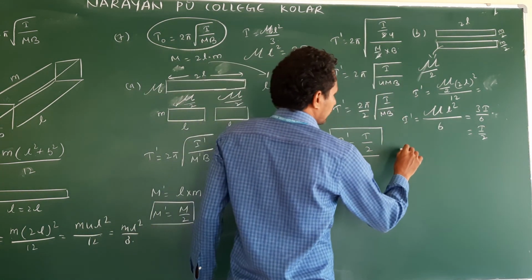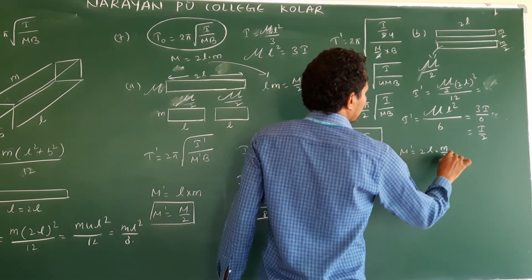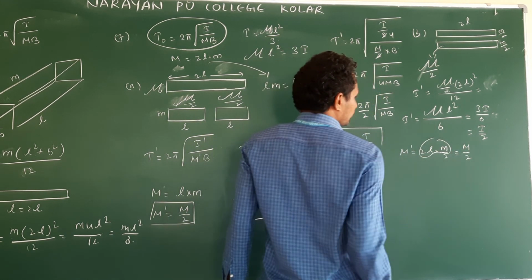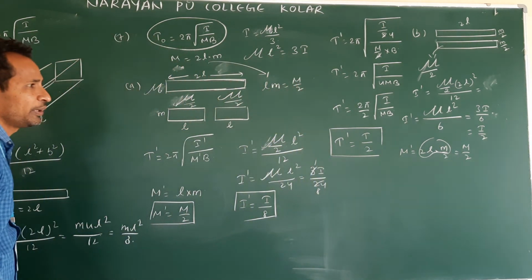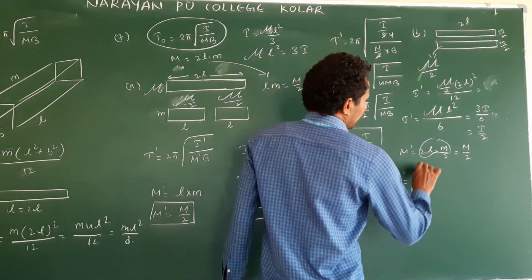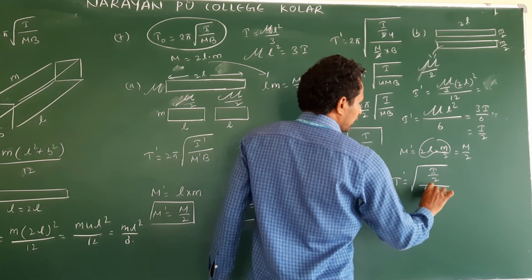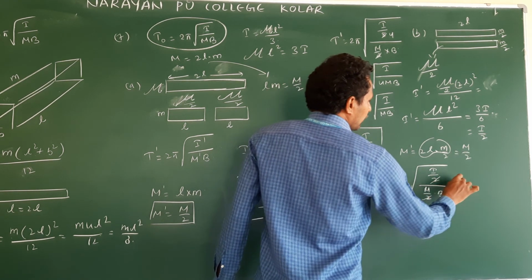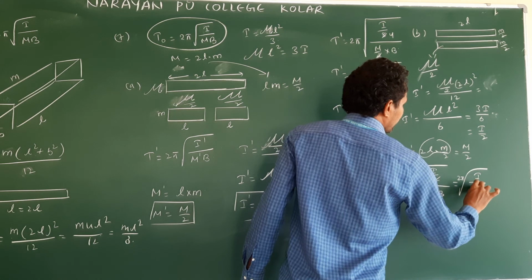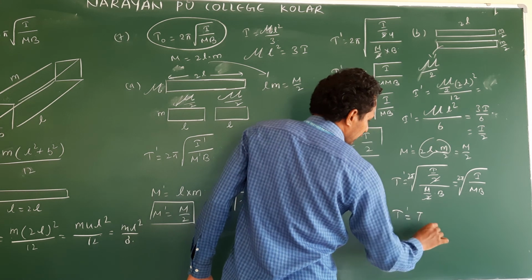Next M dash. M dash is what? Length remains same. Pole strength will become M by 2. So L into M is what? Magnetic moment. So M by 2. So M dash, new moment, will become M by 2. Then time period T dash is equal to 2 pi under root of, what is new moment of inertia? I by 2. What is new magnetic moment? M by 2 into B. 2 cancel. I missed 2 pi. 2 pi into root of I by MB. Right? Then it remains same. T dash is equal to T.